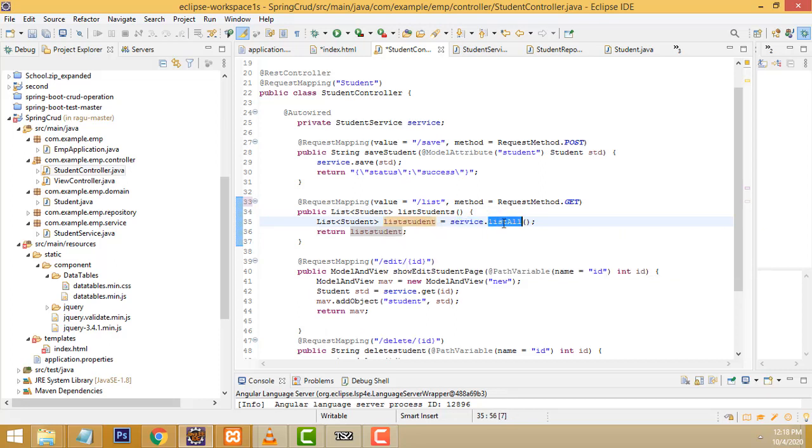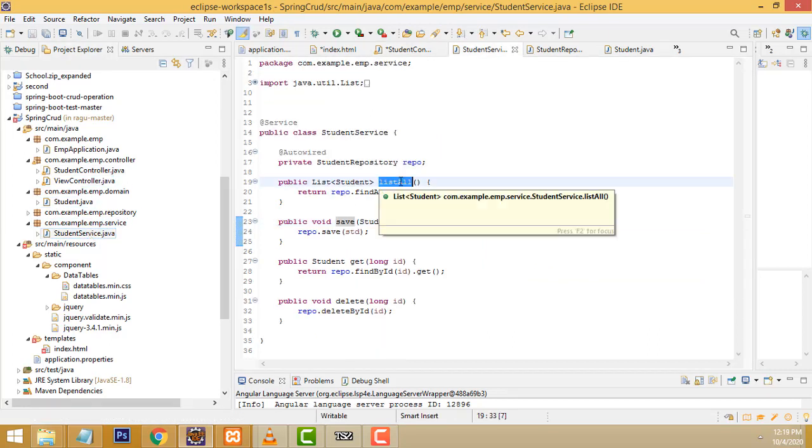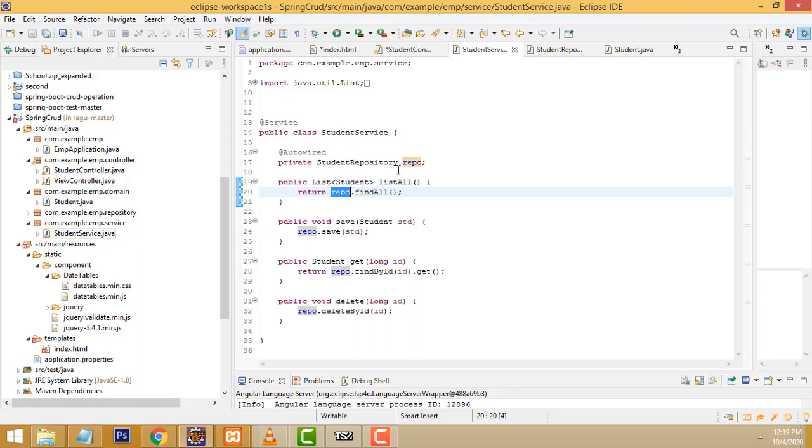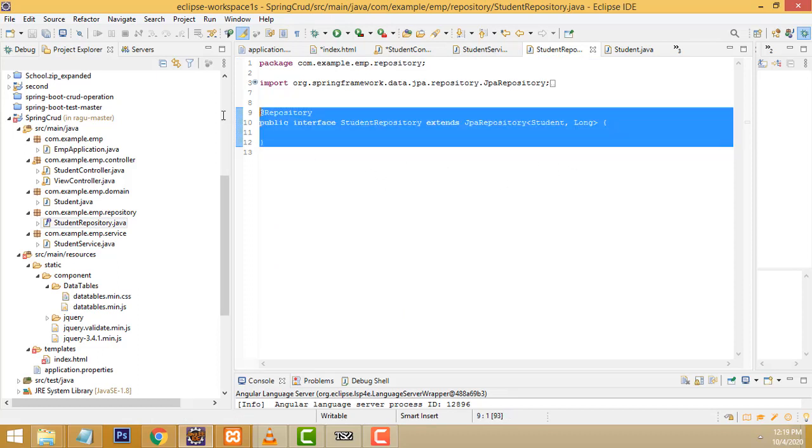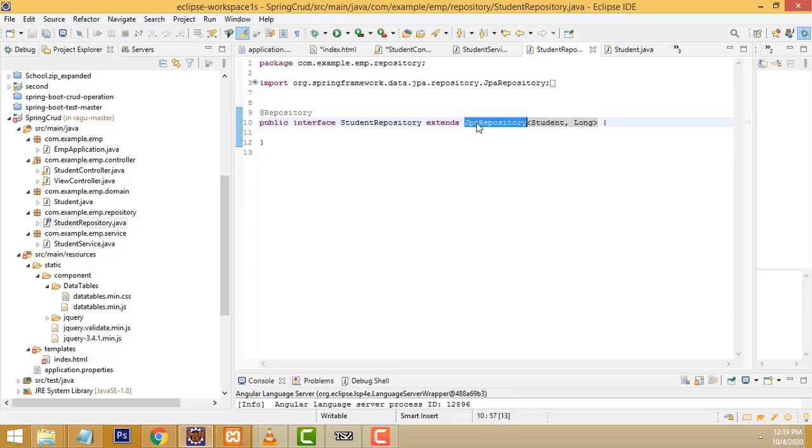For this list we have to create the object, list of student. Service dot list all means the service class. In this service class we have a method called list all. What does list all do here? It loads the students from the repo. This repository manages all the CRUD operations, right? Insert record, update record, delete record, and view record. All these things will be managed by this one. This is very important, JPA in Spring Boot, right? This is something you must learn. I explained all this in my previous tutorial. Don't worry about it, I will provide the link in my video description. You will be able to study it.